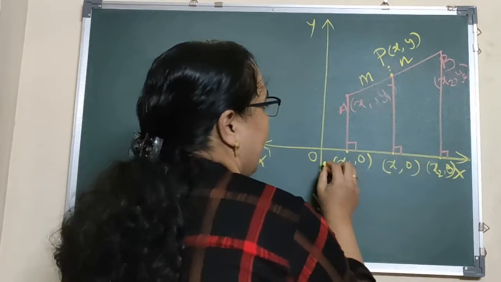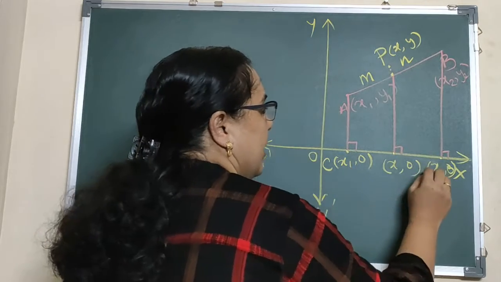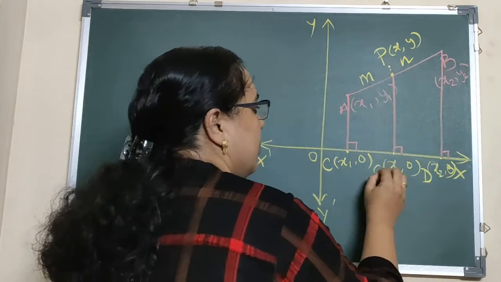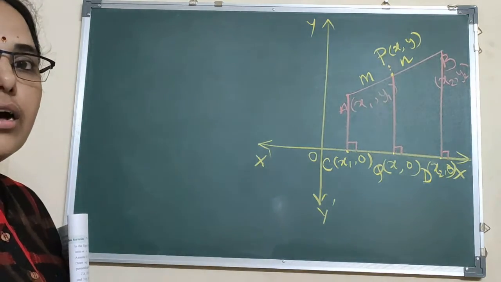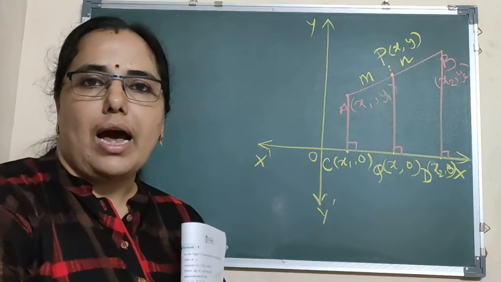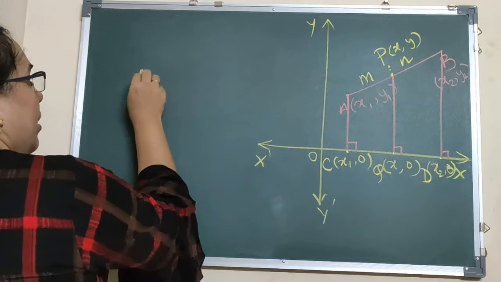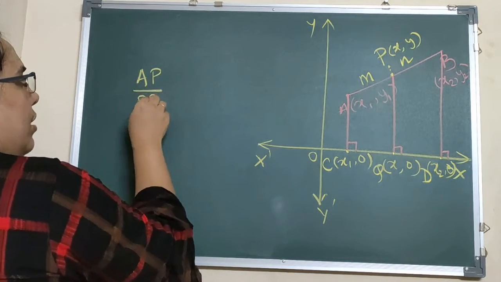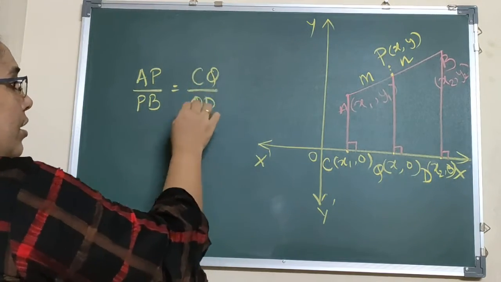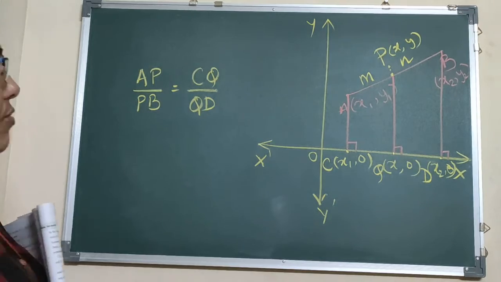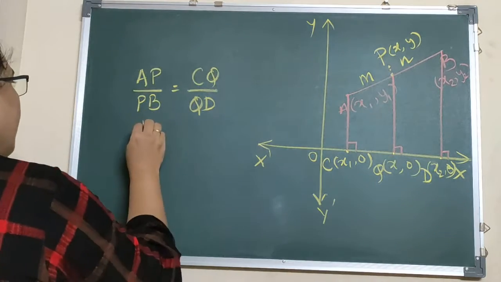Now I just label these points so that it's easy for us to call them out. So C, and this is point D. So let this be Q. According to the concepts we have seen previously, the intercepts made by three parallel lines, what can we say here also is AP upon PB is equal to CQ upon QD. Do you agree to that? Yes. So if you agree to that, we already know AP to PB is in the ratio m upon n.